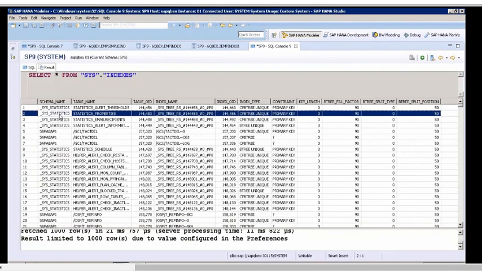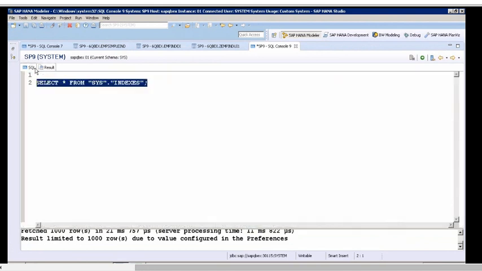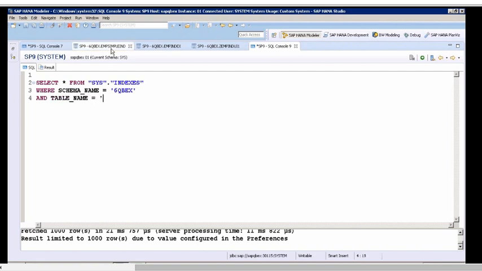You'll have schema name, table name, and the index name.